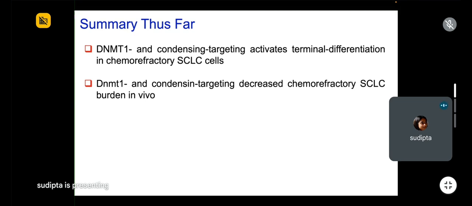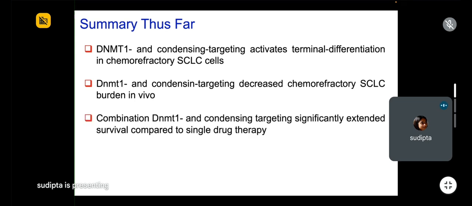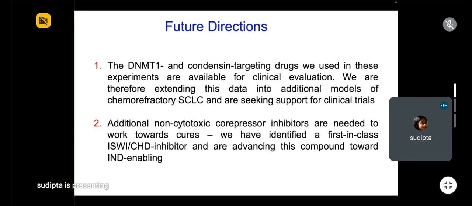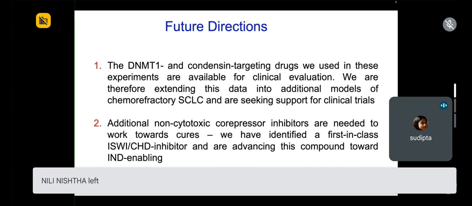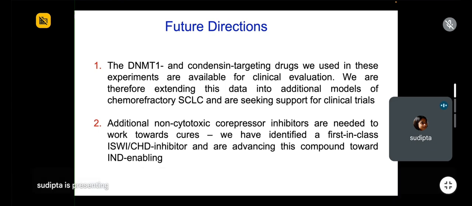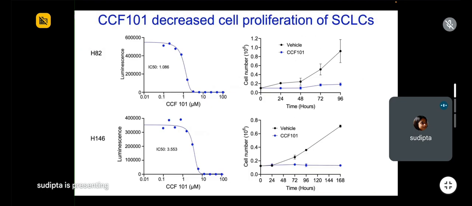DNMT1 and condensin targeting decrease chemorefractory small cell lung cancer burden in vivo, and combination treatment is better and significantly extended survival compared to the single drug therapy. And this will be my future direction. I won't talk about it. I had a few slides, but that is okay because this is an ongoing process. So I will go to my